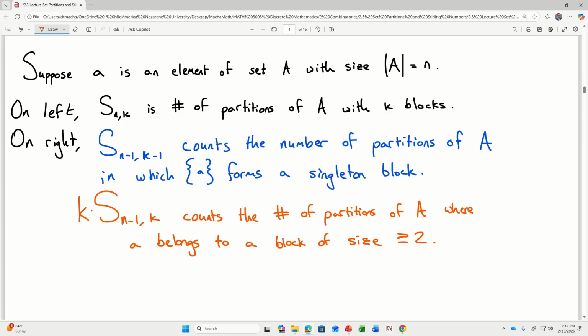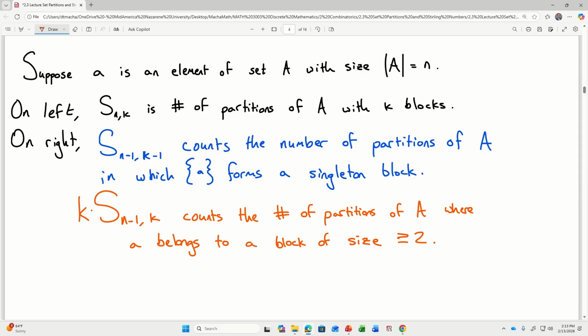What you're going to do is come up with a partition of the set capital A excluding lowercase a, in which you would have n minus 1 elements, and you're going to partition it into k blocks. After you've done that, you still haven't placed your little lowercase a element yet. And how many choices do you have for placing where the a goes? It has to go into one of k partitions. So multiplying by k is telling you how many choices you have for placing the little lowercase a after you make this number of partitions with the other n minus 1